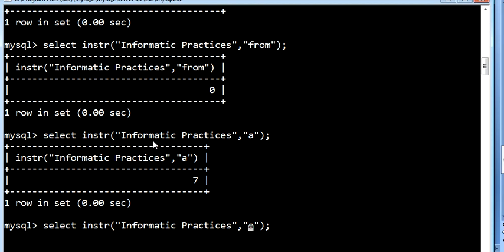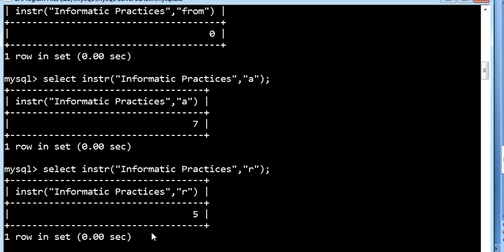Instead of A, take R, which is also there 2 times: first R, then second R. What output will it give? It should give 5, the first occurrence. One more, let us take I. What output will it give?